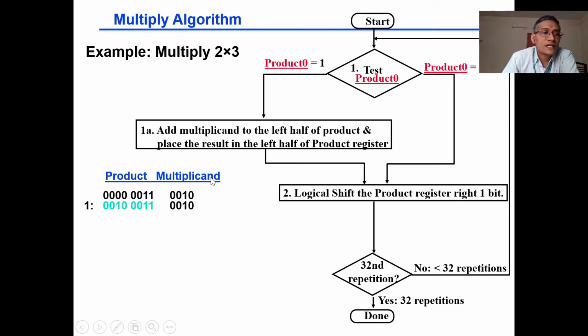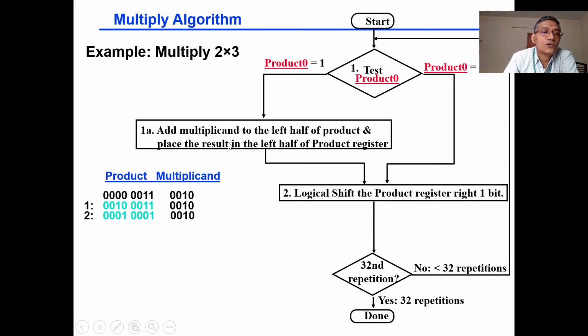Now what is the second step? We need to logical shift right the corresponding product register. When you shift right, this LSB 1 goes out of the register. So we shift 1 bit to the right. This 1 becomes the LSB, that is the 0th bit, and then these 2 zeros occupy, and finally this 0, this 1, and finally this 0. Now one more 0 is added to the left because of the logical shift operation, because the rightmost LSB 1 is removed from the register. In a logical shift, whether right or left, a 0 is added. So that is the logic. Now the first iteration is over.